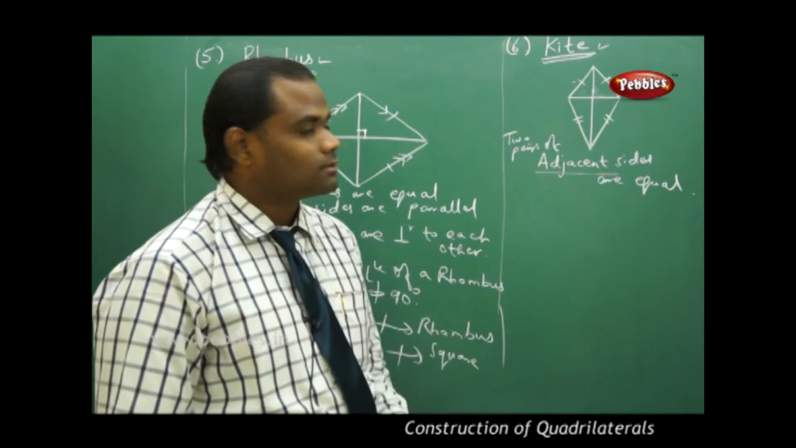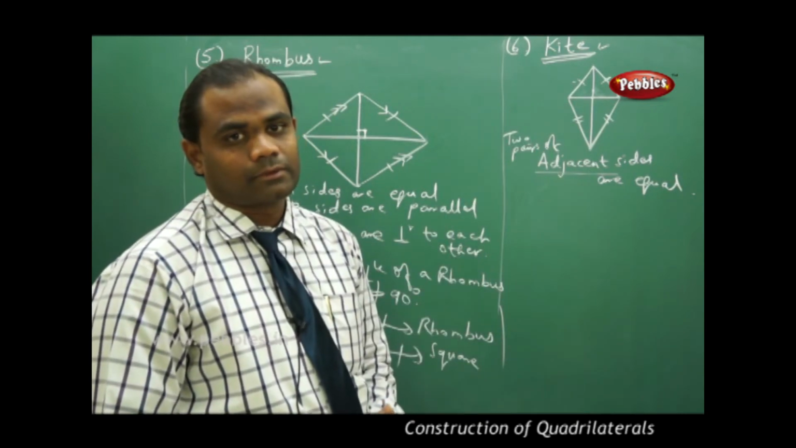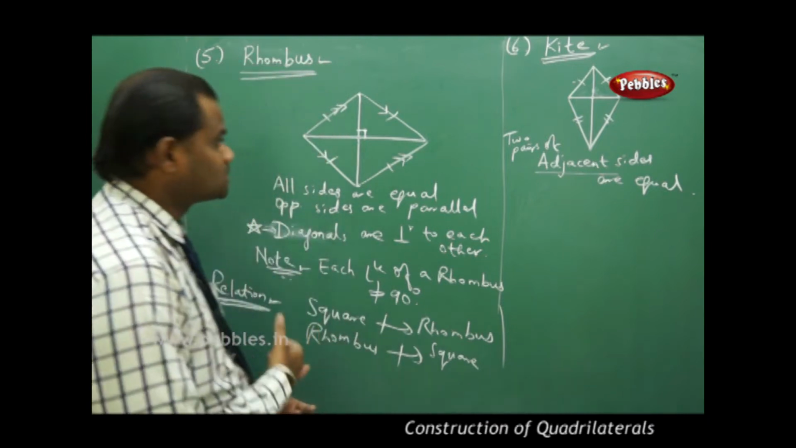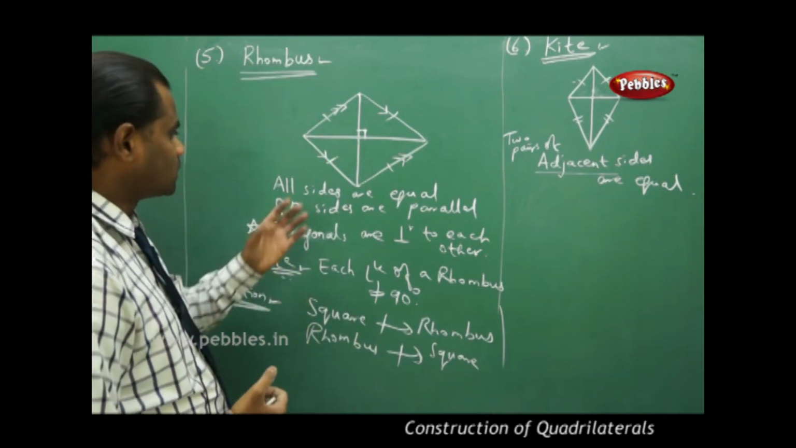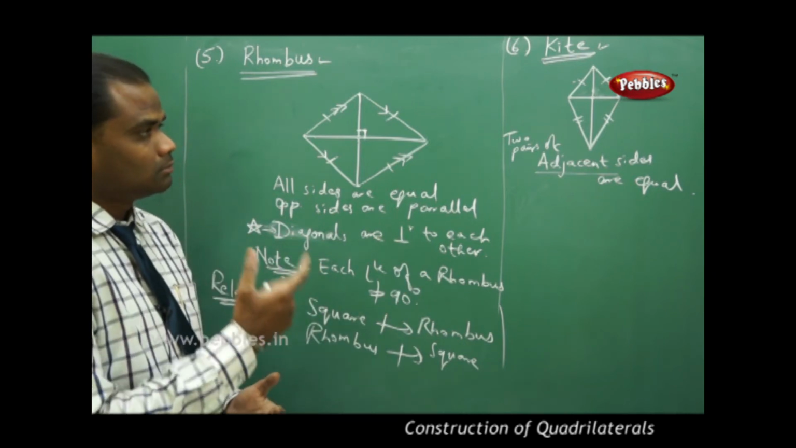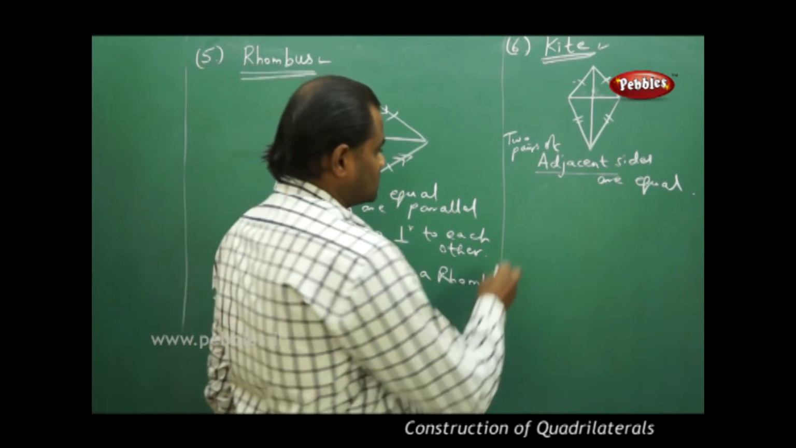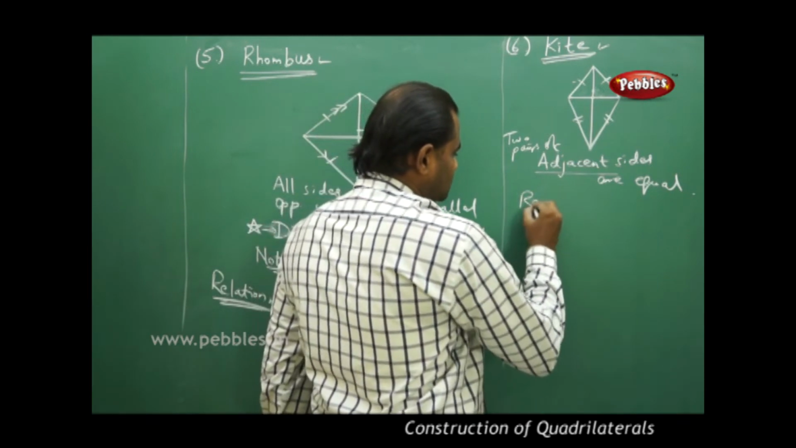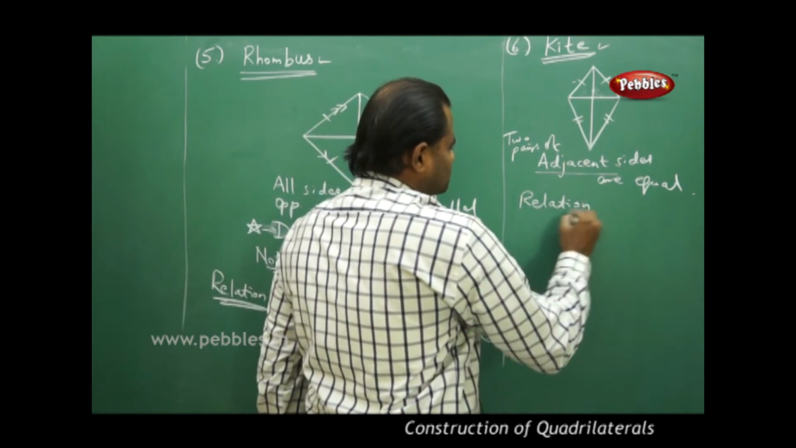So this is how I identify the kite. Now when you connect rhombus with a kite, can you call a rhombus as a kite or a kite as a rhombus? Is one of the most important property which you identify. Yes, every rhombus is called a kite because based on the properties of a kite,